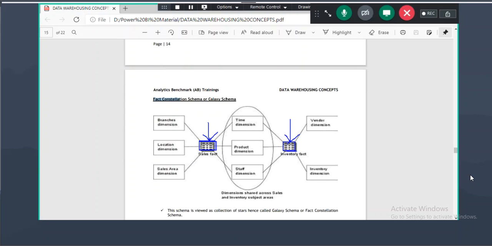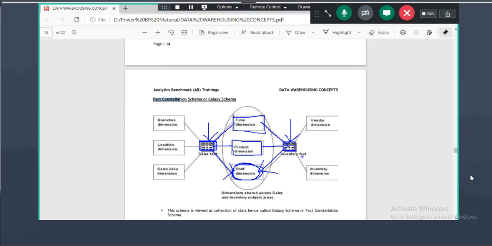And you will have an employee table in the company. In that employee table or staff table, there will be employees who are working for manufacturing. There will be employees who are working for sales, right? So sales team will be there and manufacturing team will be there. There will be some product table. What are the products you are manufacturing? Only those products you will sell. There will be one time table for what time period, what products you are manufacturing, and for the time period, what products you are selling.